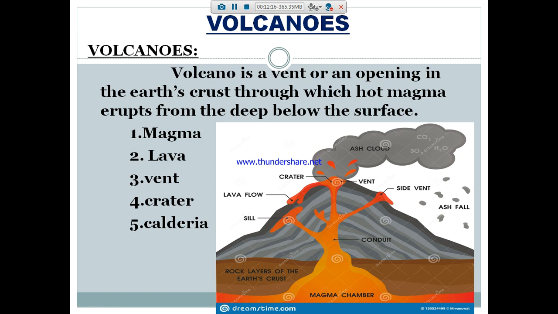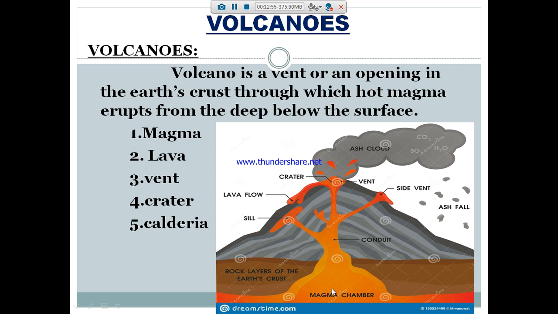While the heat increases in the pressure cooker, what happens? The vapor and the water will erupt outside, is it not? Like that, while the pressure or temperature increases in the earth's crust, and this is a magma chamber, that means the lava, it looks like a lava condition, water with fire conditions. So it will erupt.